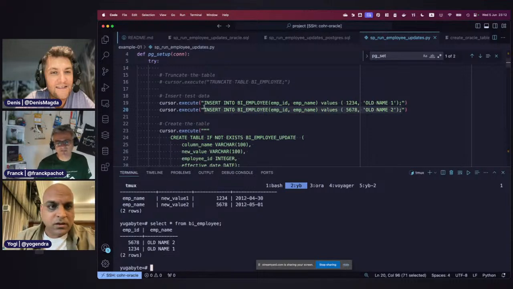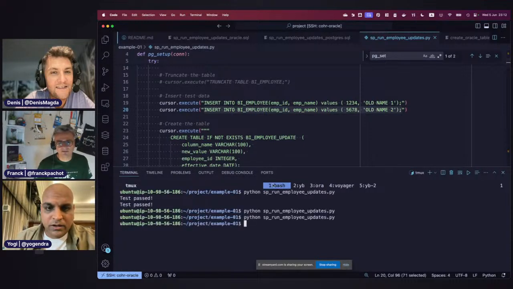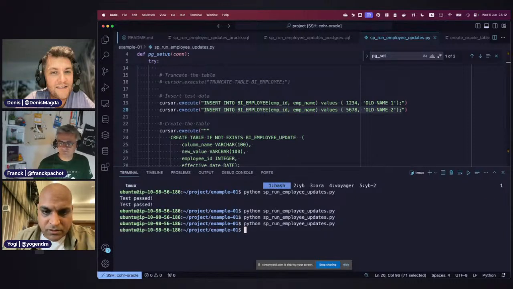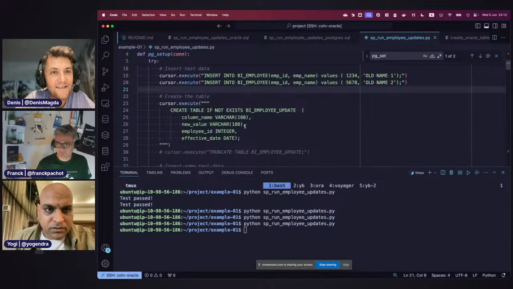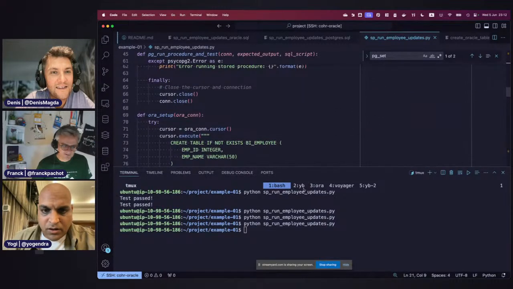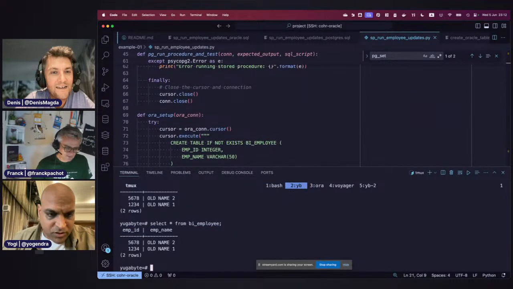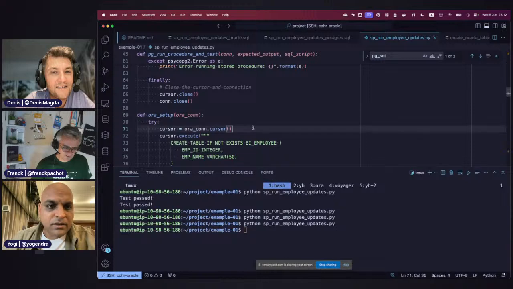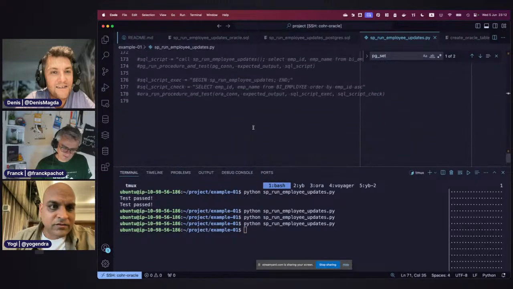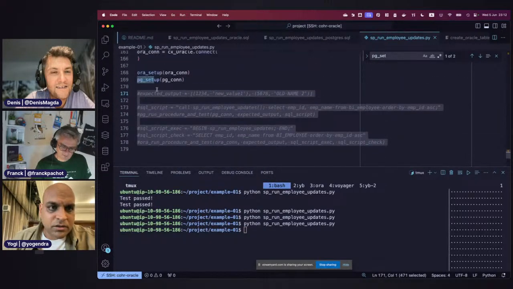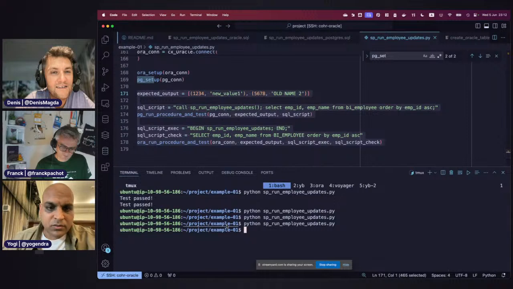Again, I'm going to quit it. I've removed the truncation code so that at least it doesn't run. And right now, if I just double check, okay, still data is there. Let me uncomment the entire test that we had at the bottom here. Okay.